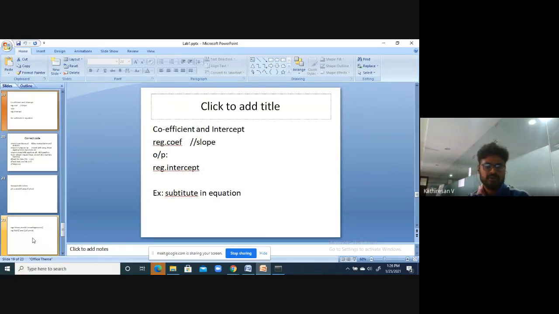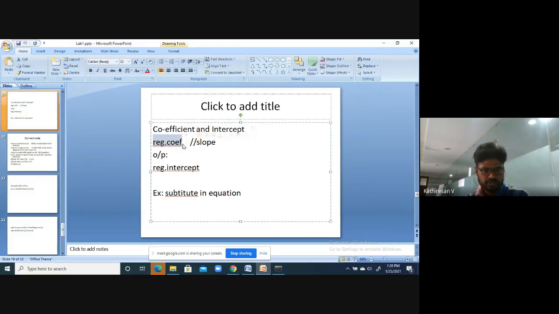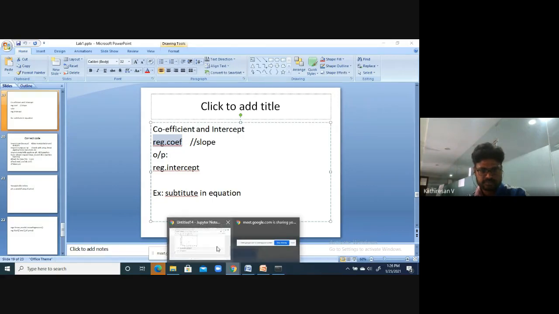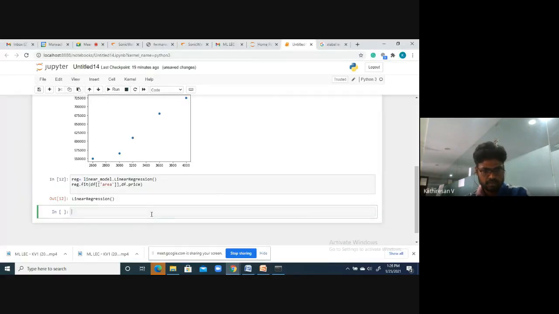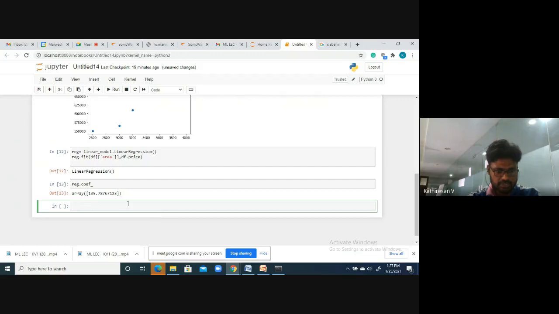See, reg.coef_. The value is 135.78767123.